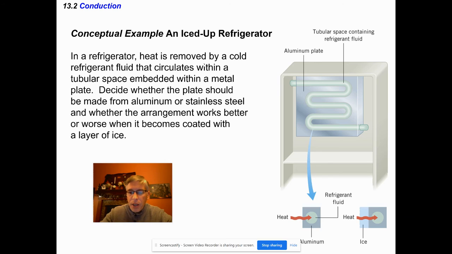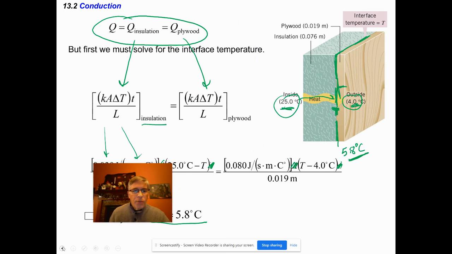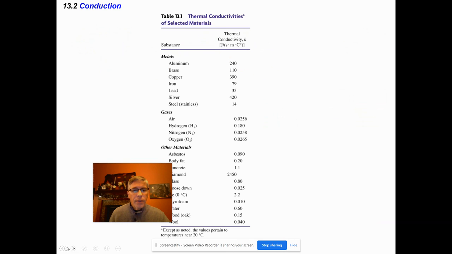So the idea is we want heat to flow through the aluminum. So we need basically this refrigerant to go through here, and that's where the cold is, and we want heat to flow out. So we need this kind of flow of heat. And so the idea is what would happen if this has a layer of ice versus the aluminum. But really what we're looking at with this one is what kind of numbers do we have for these thermal conductivities. So if I go back to my thermal conductivities here,